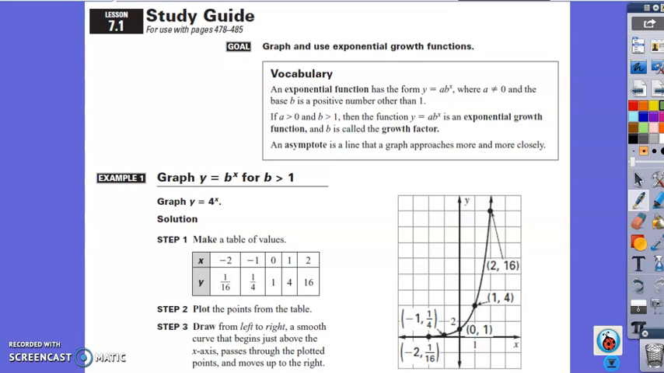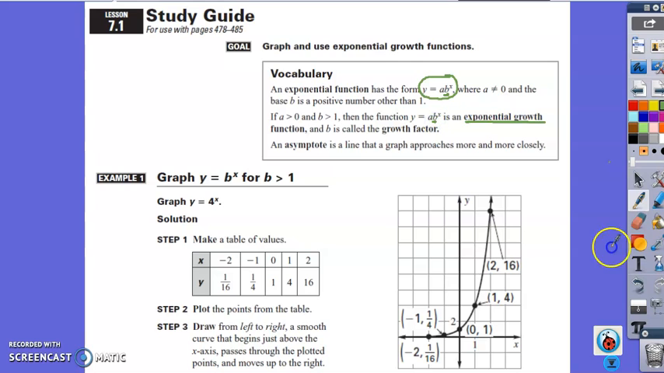I'm going to run you through the lesson 7.1 study guide. We're learning exponential functions this chapter. So an exponential function has the form y equals a times b to the x. They call that b the base because that's the thing that's taken to the x power. So x is our exponent now. Today it's all about exponential growth, which means things are getting bigger, and that just means our base is bigger